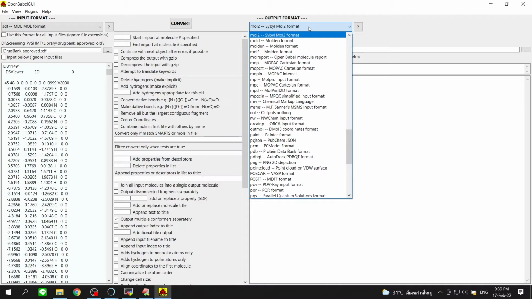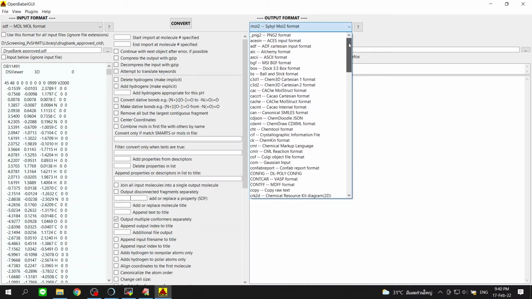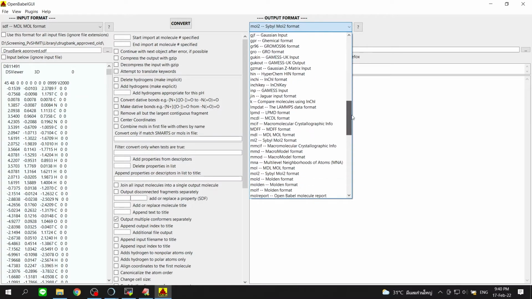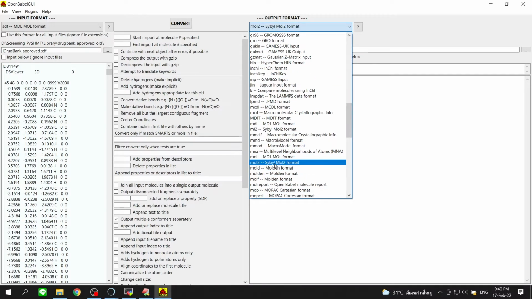Actually, they provide many format types that we can convert to, but in my case, I just select mol2 format